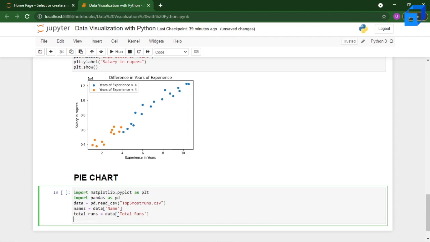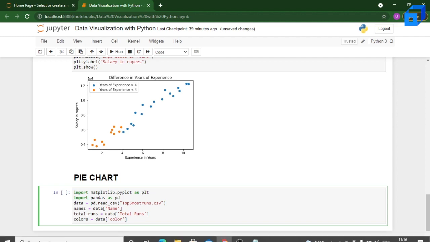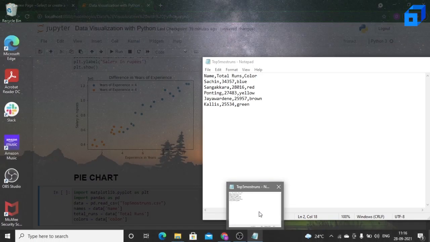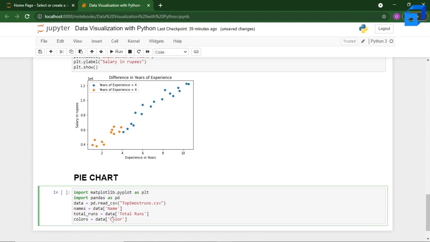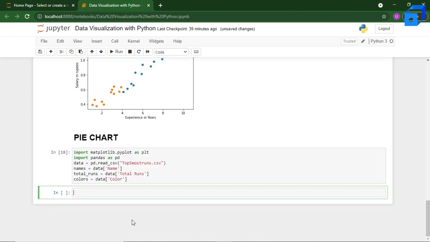And now the color, so let's take it as colors equal to data of color, quotes with color. Let's see if it's proper. So yeah, that's quotes with color. Let us give it as capital C. Now if you execute this, all these values will each be separate lists, and now you can go ahead and plot